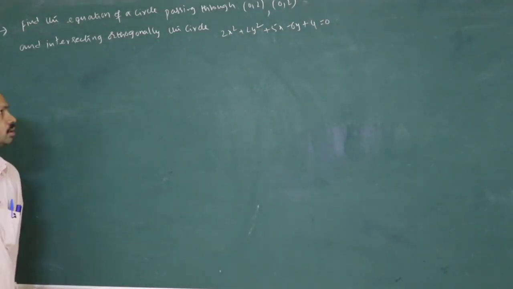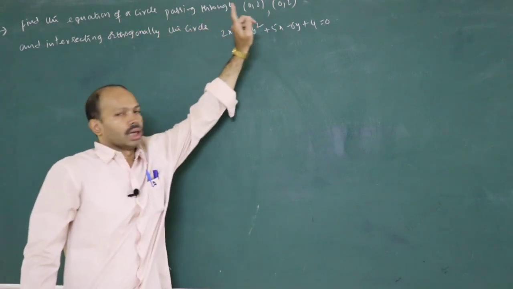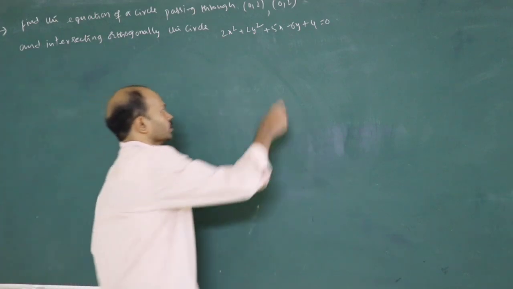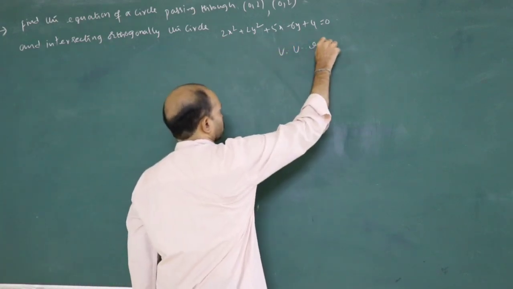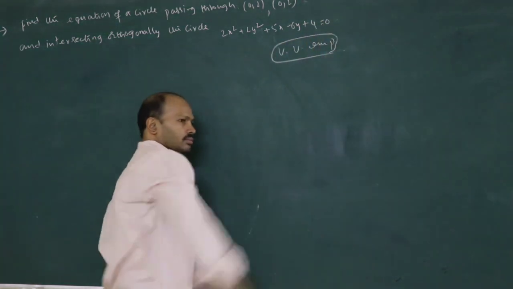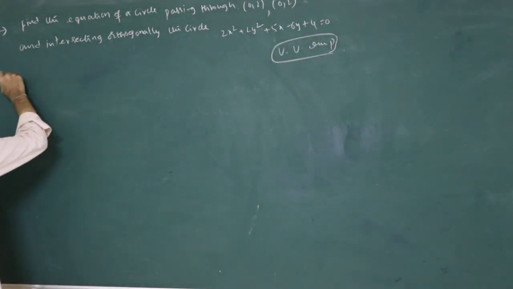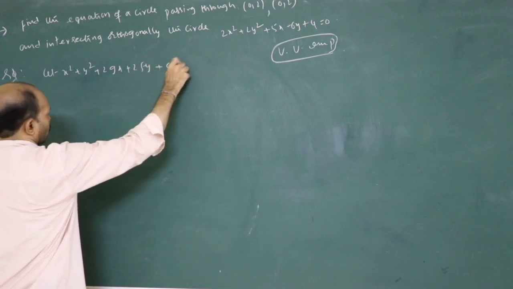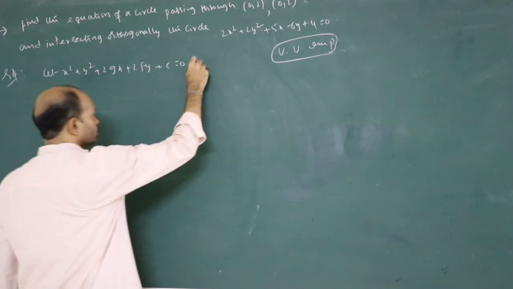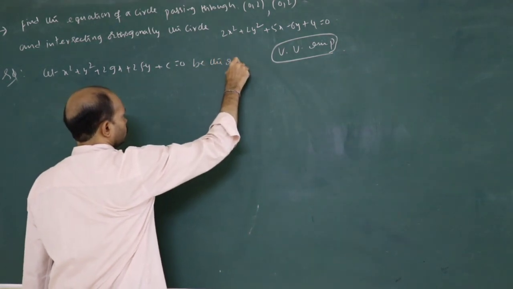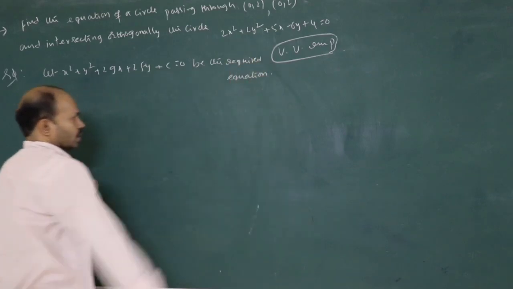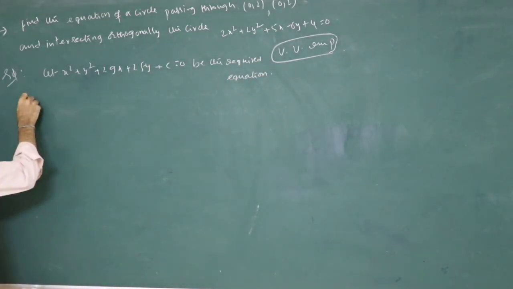Under the same model, but we have given 2 points and intersect orthogonally with one circle. We have to find the equation. This is also a very, very important question. We can start doing the solution. Let x square plus y square plus 2gx plus 2fy plus c is equal to 0 be the required equation of circle. It passes through